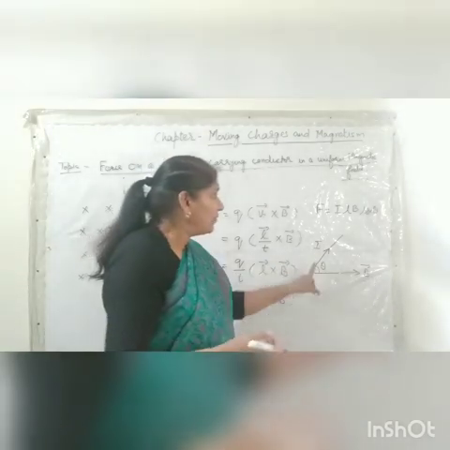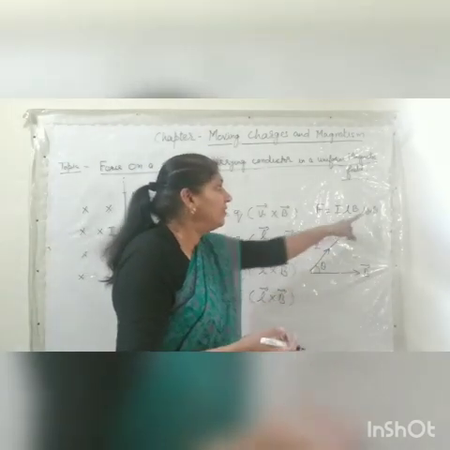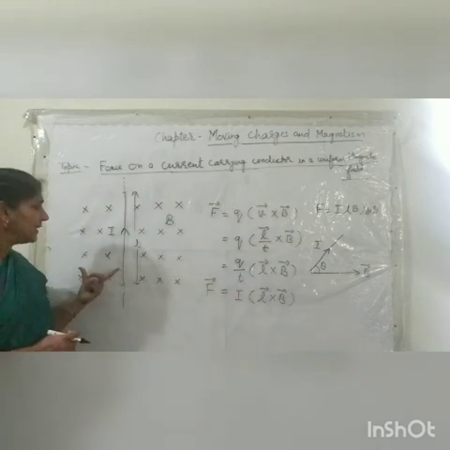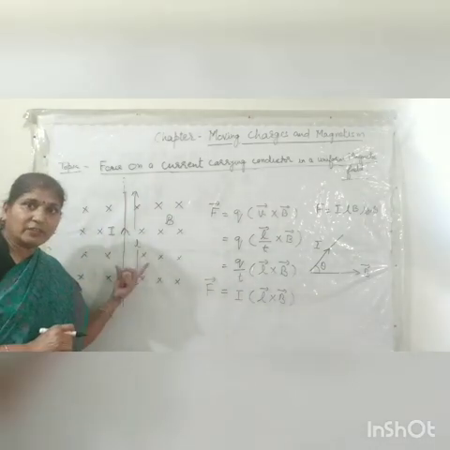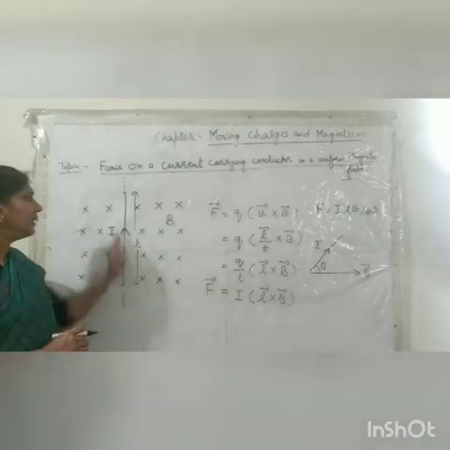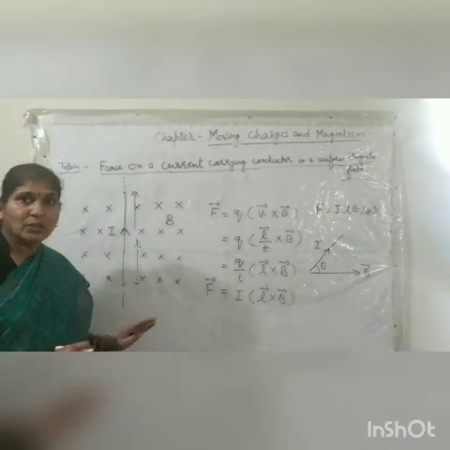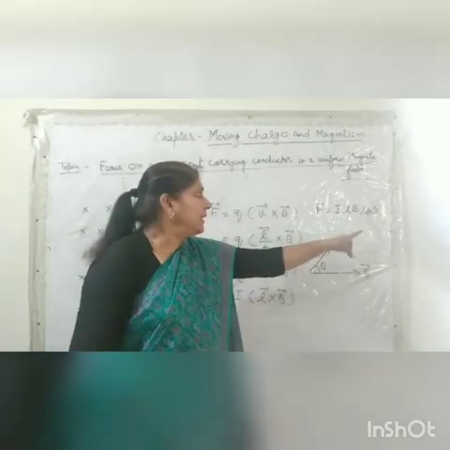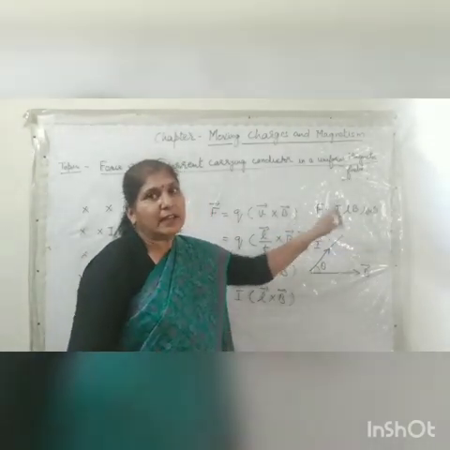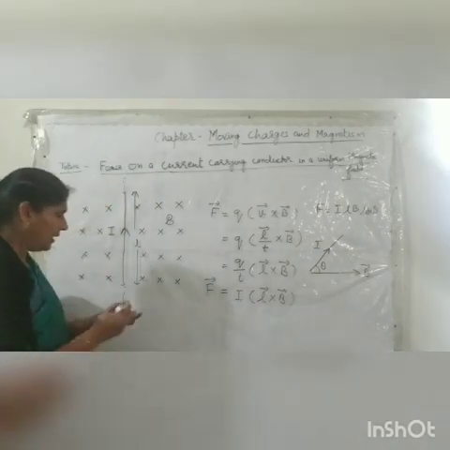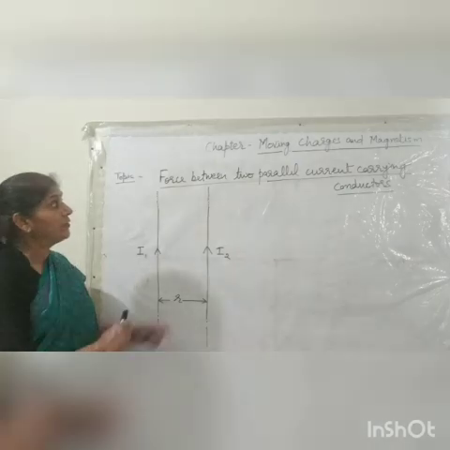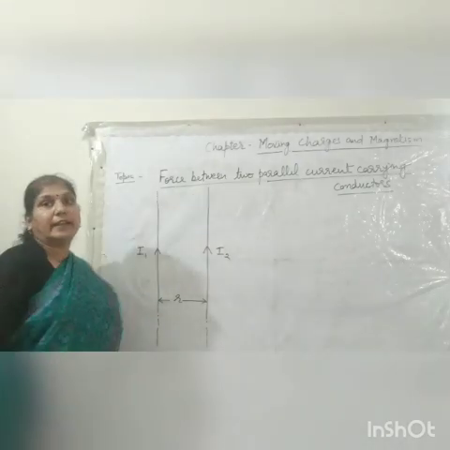But if the current and magnetic field are perpendicular to each other, like in the case we have taken here, the magnetic field is inward to the plane of the board and the current is in the plane of the board. So here the force will be maximum because theta is 90 degrees, so it will be simply ILB or VIL. Now we will discuss the force between two parallel current carrying conductors